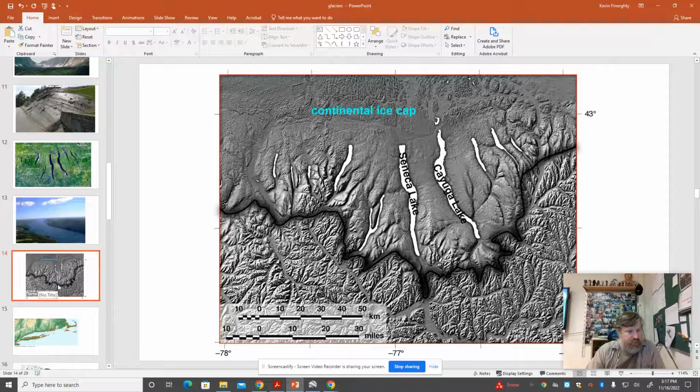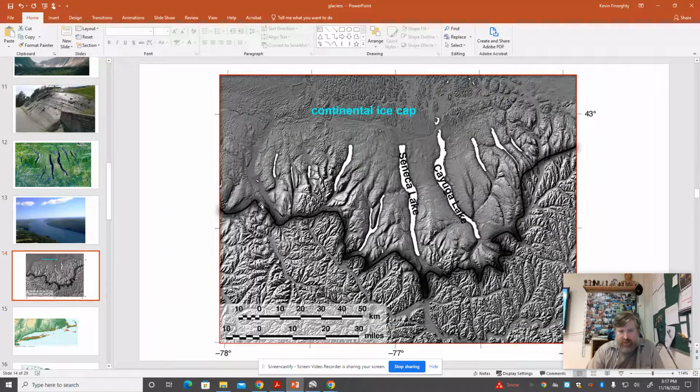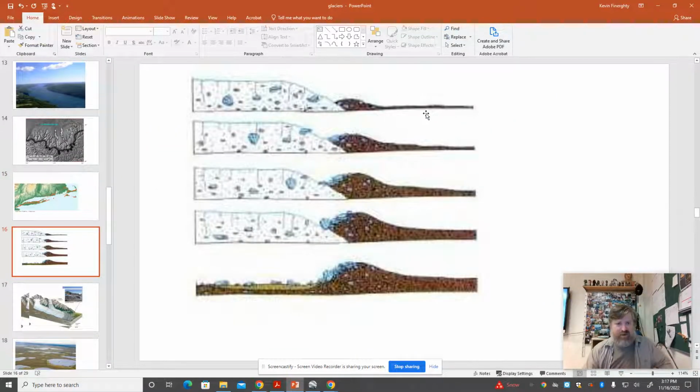Excellent. So I kind of threw a couple at you at once there, but so the Finger Lakes are the long, narrow lakes that fill up U-shaped valleys, right? Terminal moraine is what plugs it up. I guess I didn't really say what it is. This little diagram right here, although it's terribly out of focus,